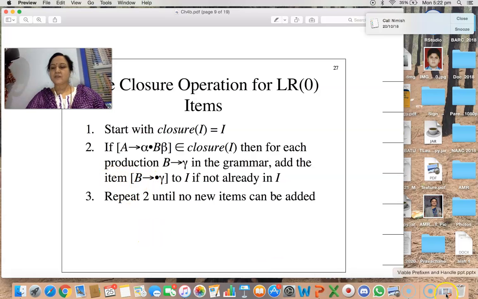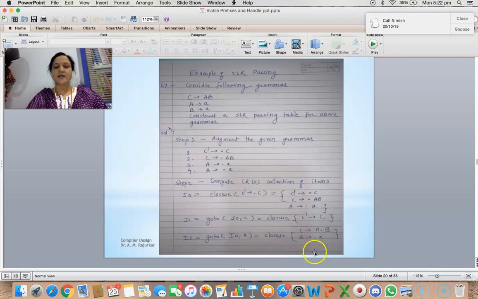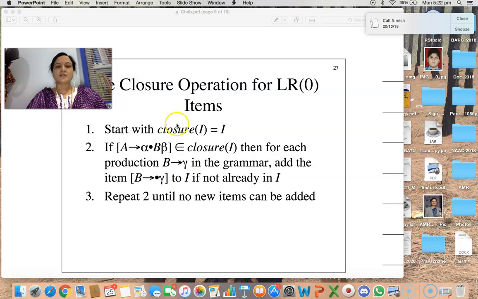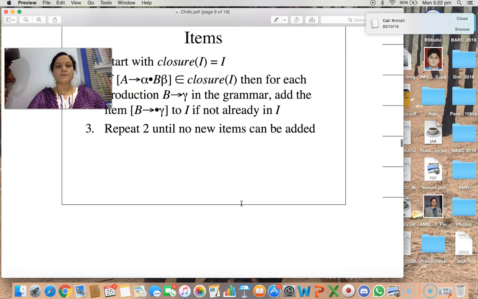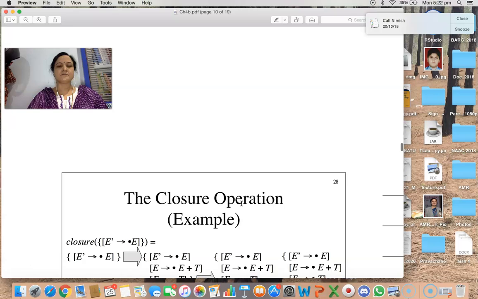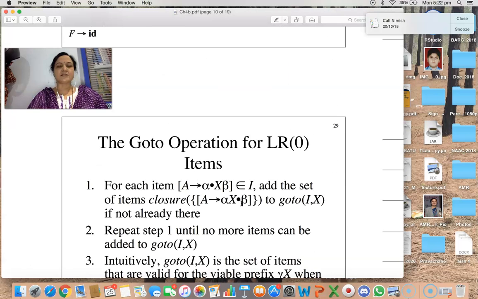Using this closure, we will also need the algorithm for computation of goto. So what is the algorithm for computation of goto? See here, this is the example we discussed in the last lecture. For the goto operation, for each item of this type, A tends to alpha dot X beta, here X means any terminal or non-terminal grammar symbol. If this type of production is present in one of the states I0 to IN, then add the set of items closure of A tends to alpha X dot beta.